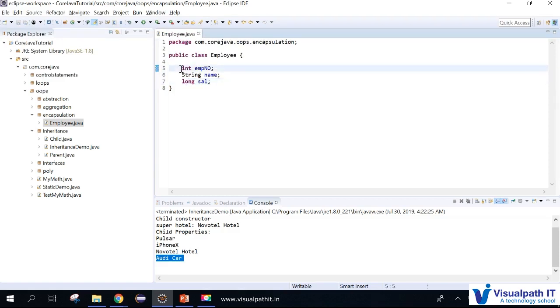So instead of declaring the variables like this, I'll put all the variables as private by default. I don't want to expose them to anyone, so that the scope will be local. The scopes I'll be discussing in the coming slide. So private means no one can access it, and I'll be putting private for all the fields. If I want to expose only the employee number and name, and I don't want to expose my salary, for that I'll be doing